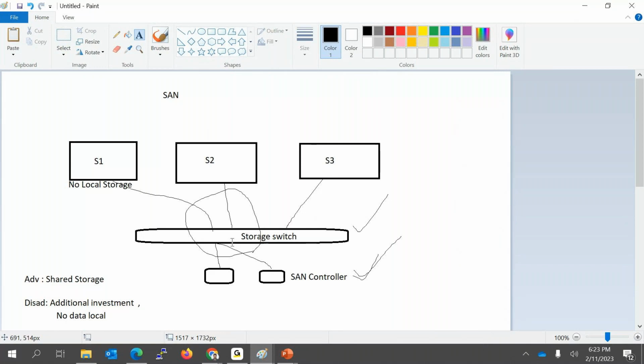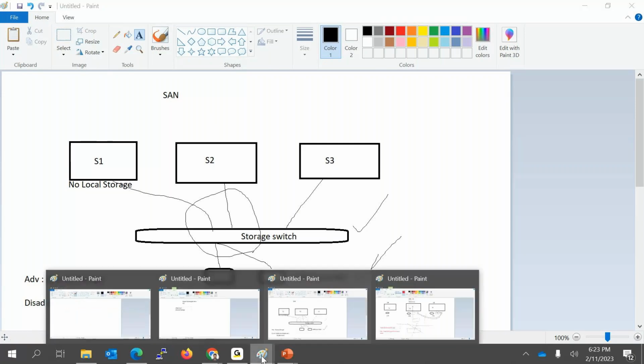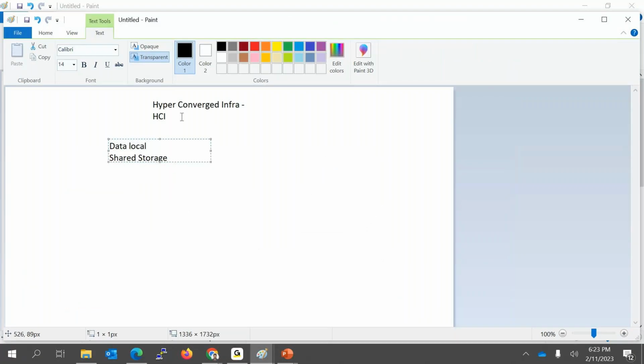It may be iSCSI or FC connectivity. Depending upon the connectivity, my performance is measured, and additional investment is required on the SAN side. Then lastly, we are at hyperconverged infrastructure. This provides data local and shared storage.